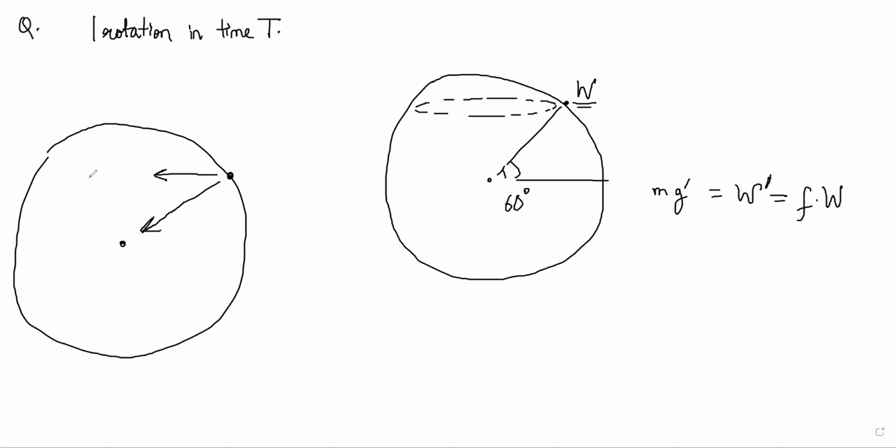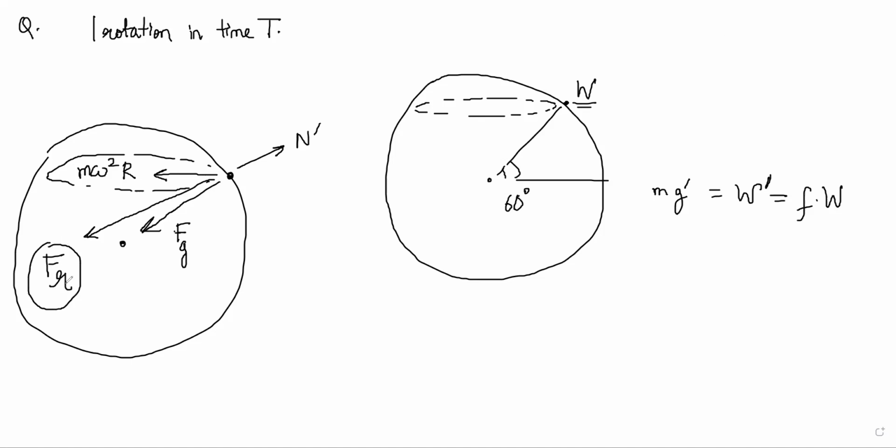Because you're going on a circle like this, right? So this is centrifugal force or centripetal acceleration, right? So m omega square r, and this is your g, force of gravity, right? And as a result, the two forces will have some resultant, and that will be what your